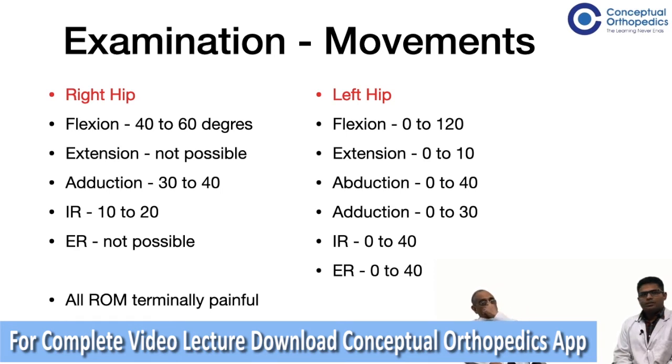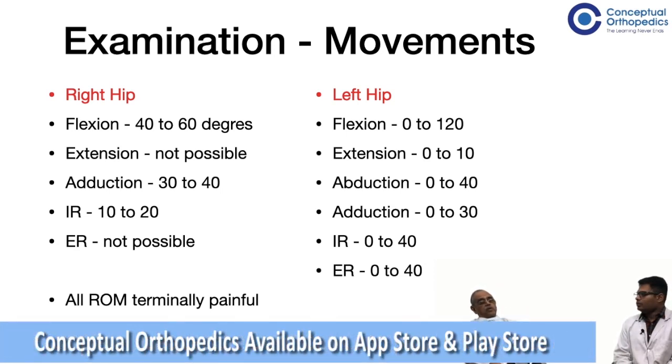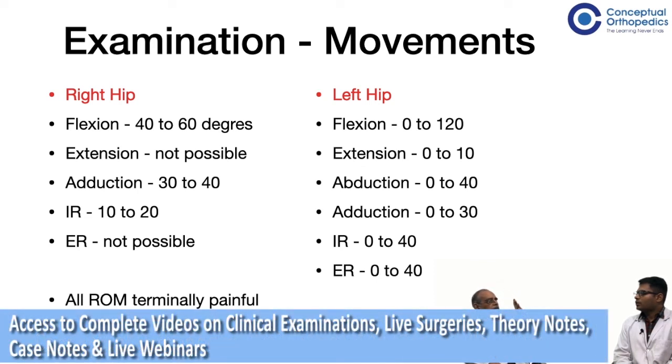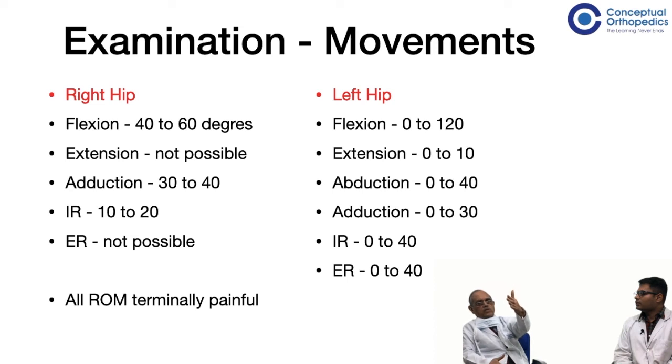Here, with the patient in the supine position, you will be able to note whether there is an abduction or an adduction deformity, looking at the anterior superior iliac spine. Yes, sir. If the anterior superior iliac spine is at a lower level, it is an abduction deformity. If it is at a higher level, it is an adduction deformity. And you come to the anterior superior iliac spine and the greater trochanter again, you see the palpation and see. What things do you see in the greater